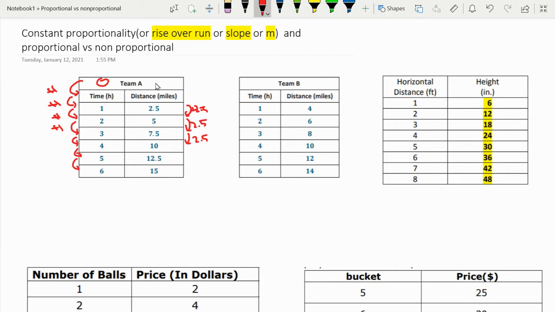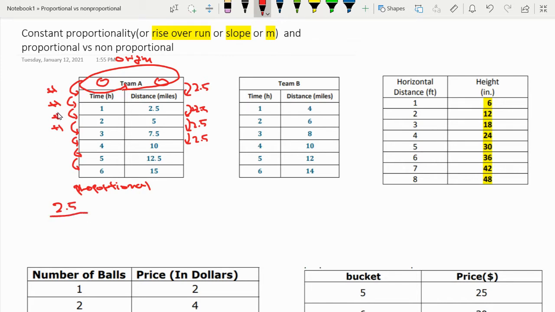So something plus 2.5 is 2.5. Something has to be a 0. So at the 0, I have a 0, 0. I have an origin. This table passes through the origin. That means this table is proportional. Not only is it proportional, my slope is 2.5, rise over run, because it's been adding 2.5